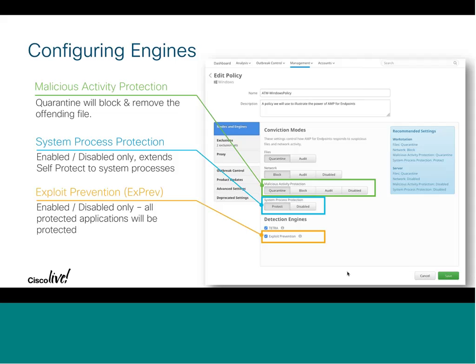And then highlighted here, the malicious activity protection, you've actually got multiple options. Starting from the right, you can disable it entirely. You can run it in audit-only mode, where it will just record the activity. You can have it block the action,